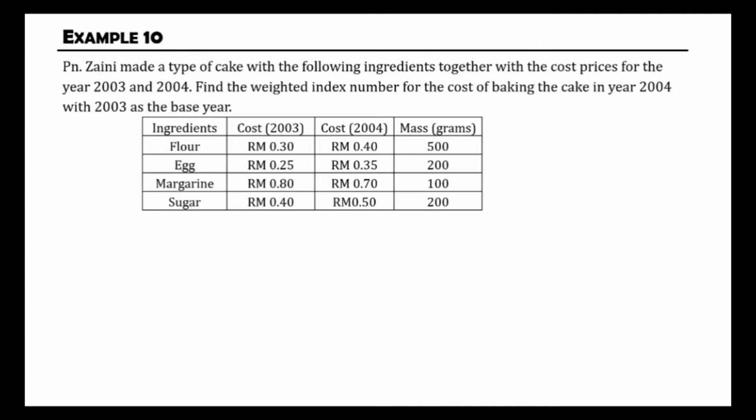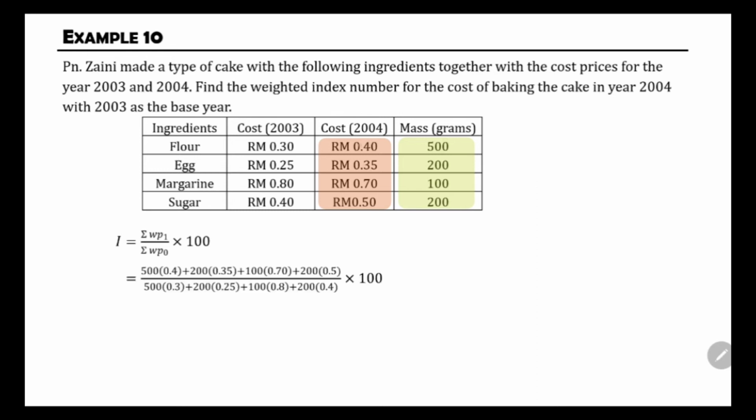Example 10. Puan Zaini made a type of cake with the following ingredients together with the cost price for the years 2003 and 2004. Find the weighted index number for the cost of baking the cake in year 2004 with 2003 as the base year. So 2003 is the base year and we need to find the weighted index number. The mass here is the weight. This is the formula for the weighted index number, and total of W times P1, where P1 is from the cost in year 2004, so mass times cost from 2004, over total of W times P0, total of weight times cost from 2003, and then times 100, we get